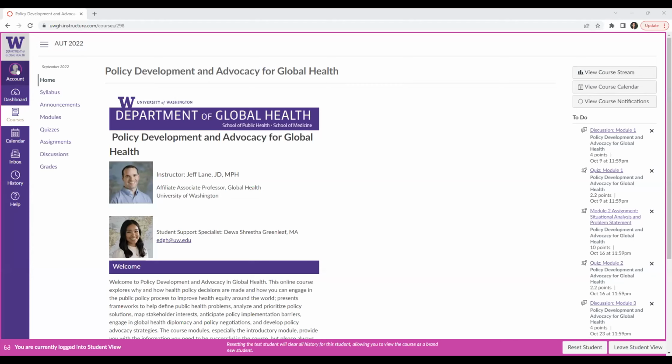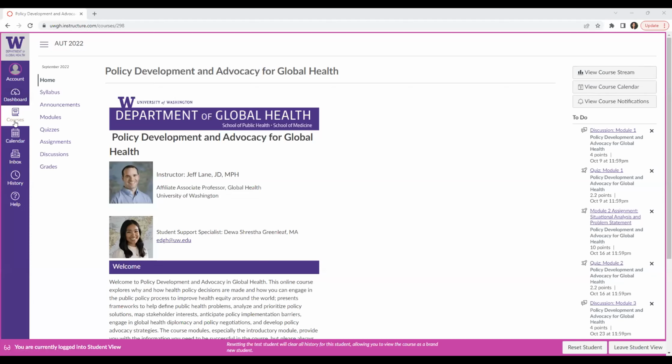So the first tab you can see there is the account tab. And that is where you would find your account information for Canvas. The next tab is this dashboard, and the dashboard will show you any current courses that you're enrolled in. So if you took a course with us last year, that would not show up on your dashboard. Again, the dashboard is only for active courses that you are currently enrolled in. So this course would be there, and then if you're taking any other courses with us this term, you could find those there as well.